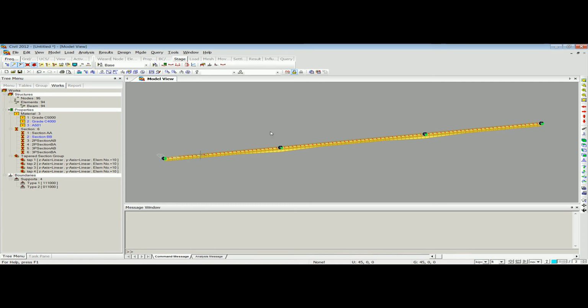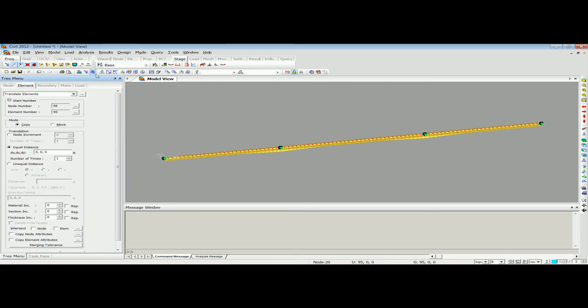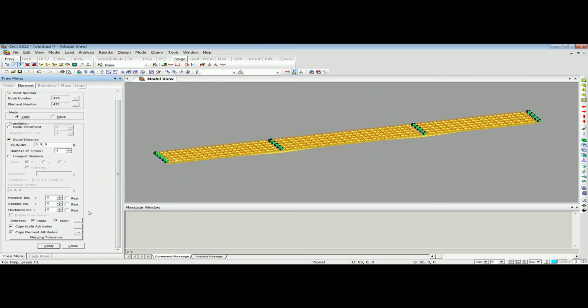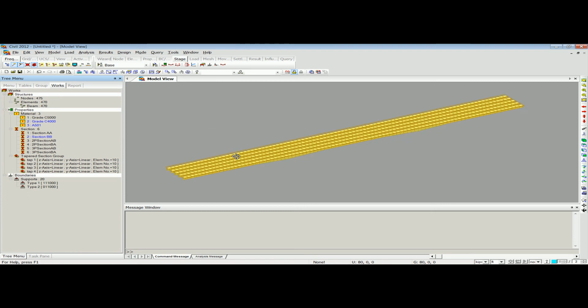Now we will copy all these girders that we have defined in the transverse direction of the bridge to model the whole width of the bridge. For that, I will go to Model, Elements, Translate. I will select all elements by going to this option, Select All, and I will translate them in the Y direction by a distance of 9 feet, and I'll copy them by 4. Number of times would be 4, and I will ask the program to copy the node and the element attributes. So once I click on OK, you will see that you have created the whole width of the bridge,